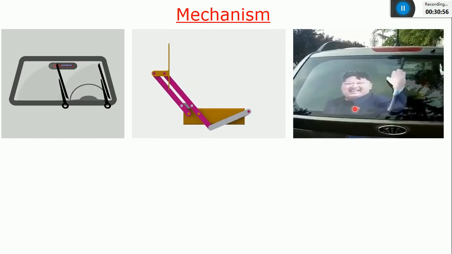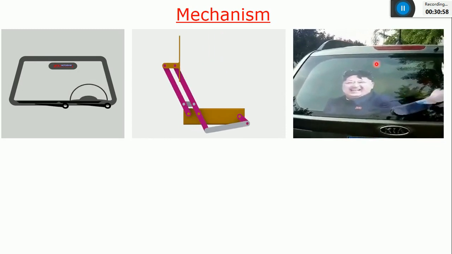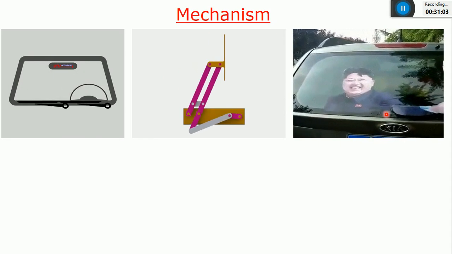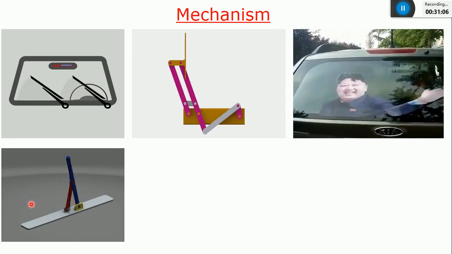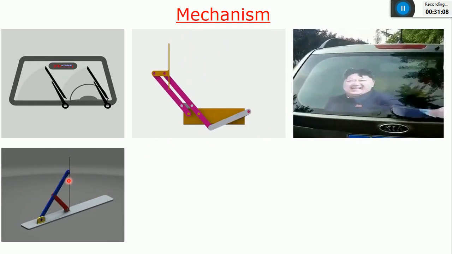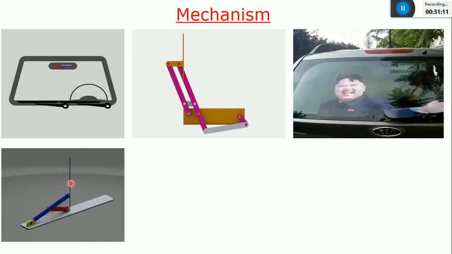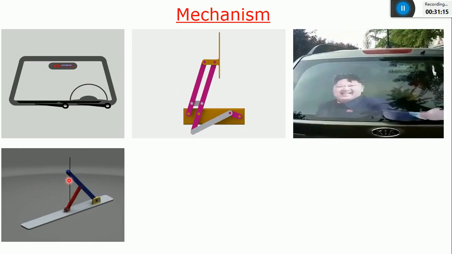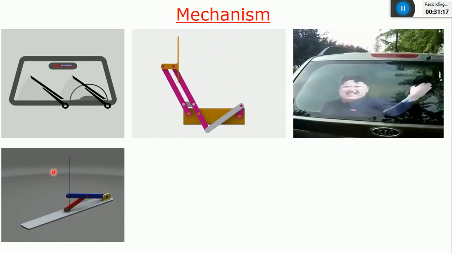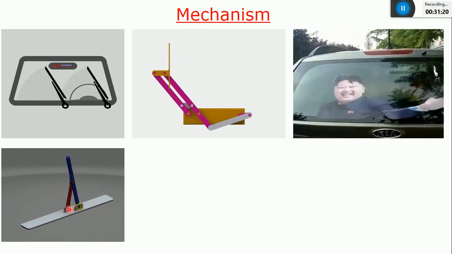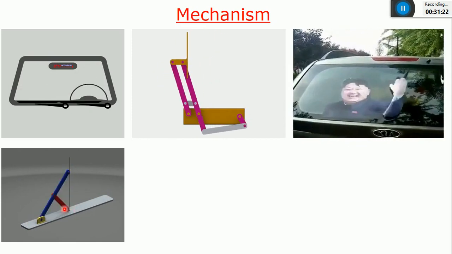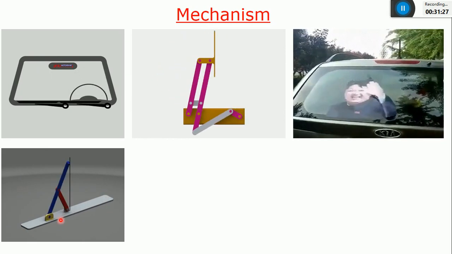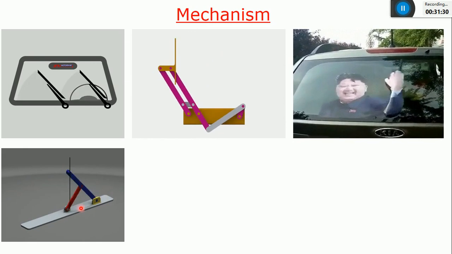And this is also an example, same car wiper. You can see the hand is fixed to the glass. And this is also one more type of mechanism which is used to generate a straight line. In industry, in different machines, if you want to generate a straight line motion of a cutting tool, you can use such a mechanism. You can see any one link has to be fixed. This one is a frame. So this is a single slider mechanism, since one link is sliding and the remaining are rotating.